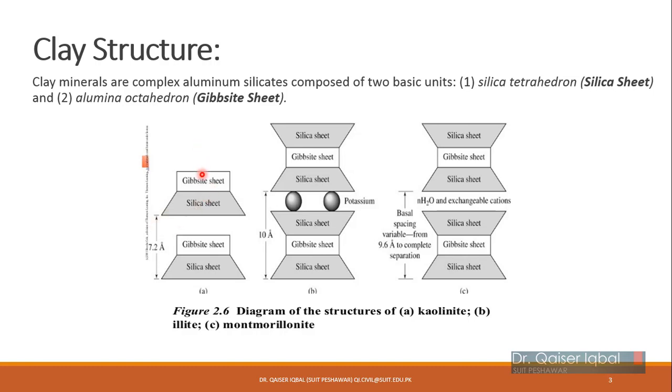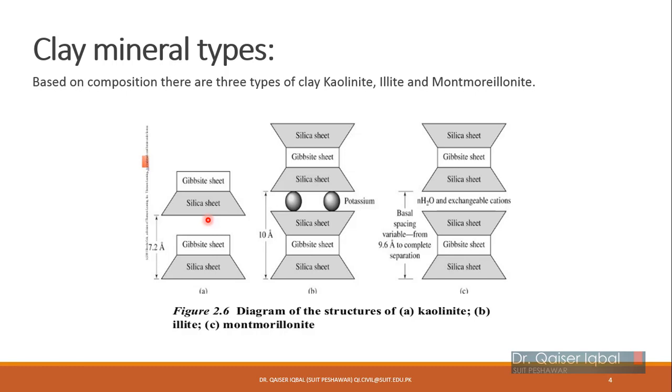Typically they will have those two sheets in different arrangements. One will be a tetrahedral silica sheet and another will be an octahedral gibbsite sheet. In different combinations they will be formed. If they are in a different combination, they can form a different clay mineral. Commonly, because of the combination in which the silica and gibbsite sheets exist, there are three types